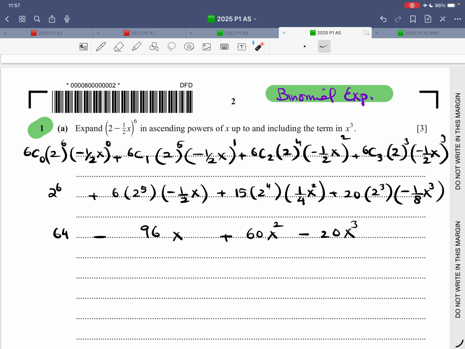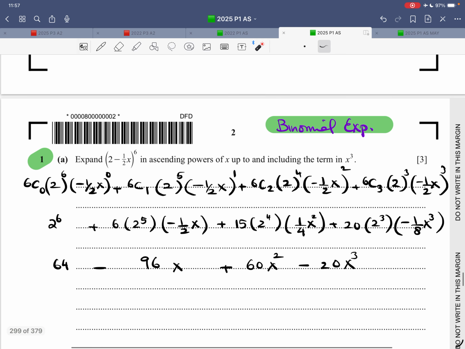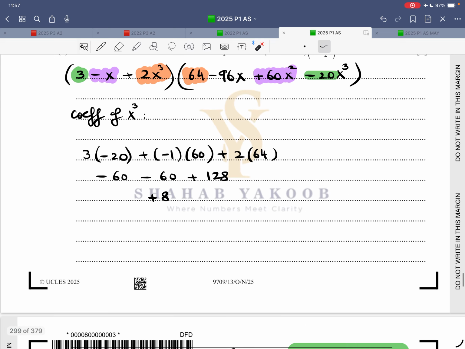maximum possible marks. Then it's asking to find the coefficient of x cubed in the expansion of a simple bracket multiplying with this. By the way, in the first one, it's asking for ascending powers of x up to and including the term in x cubed. That means the first four terms. Now take these first four terms, multiply with these three terms in the bracket, but we are only interested in